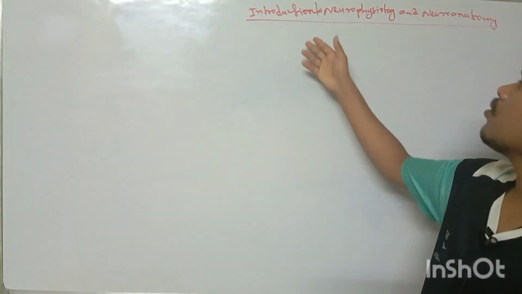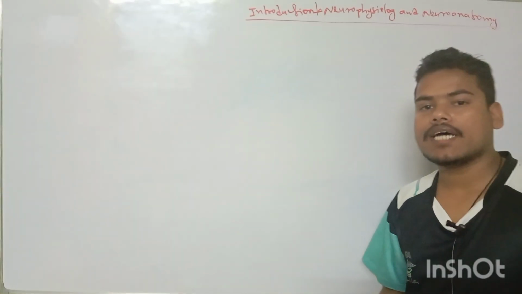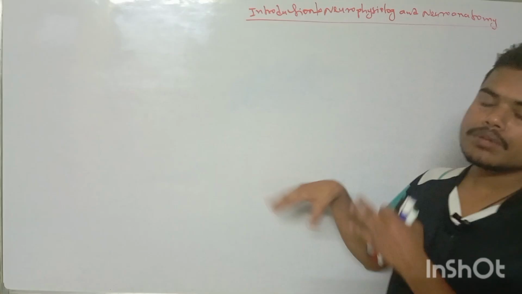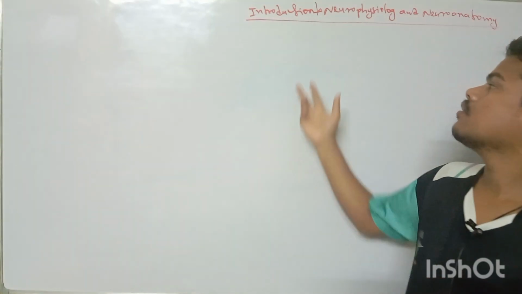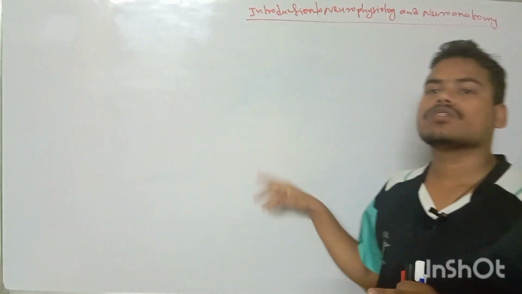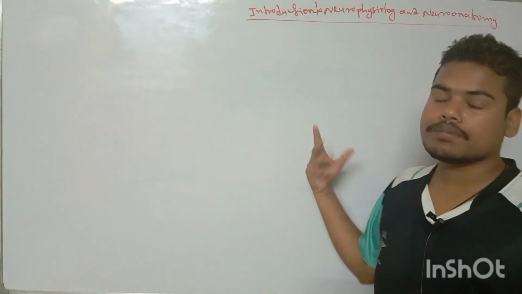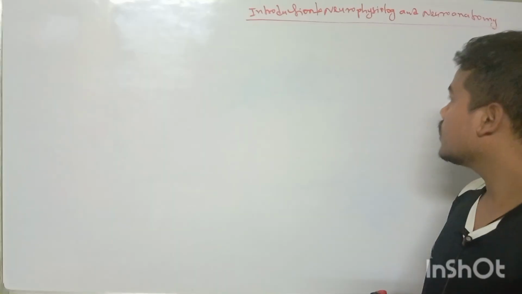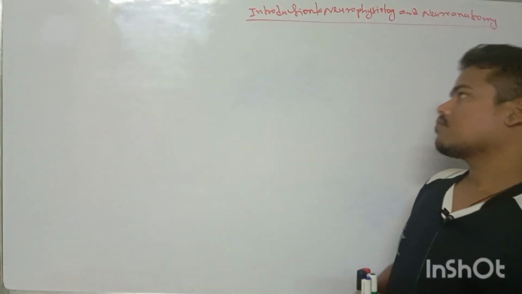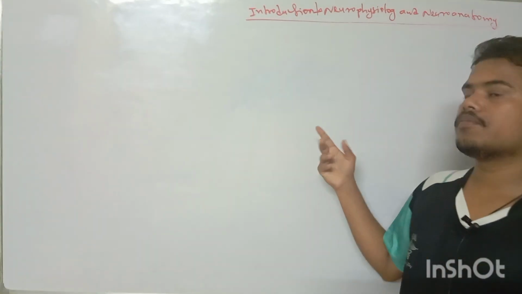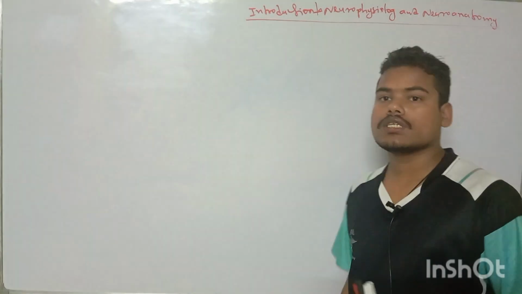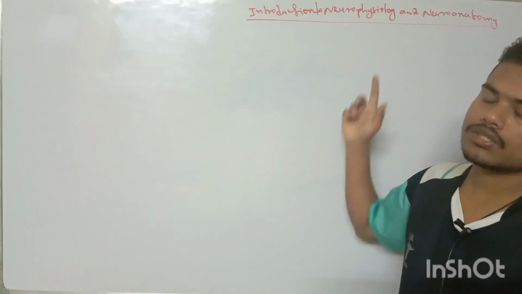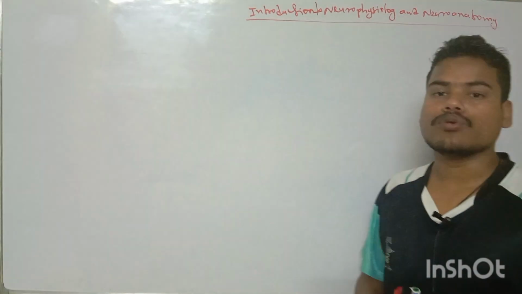Today we will talk about the introduction part of the neurophysiology as well as neuroanatomy. This lecture will be effective for the subsequent lecture where I will deal mainly with the tracts and other aspects of the neuroanatomy as well as the neurophysiology. So I hope you will go through the detailed lecture. The subsequent lecture I will be posting will be on the ascending and descending tracts, and then other aspects of the neuroanatomy as well as the neurophysiology.